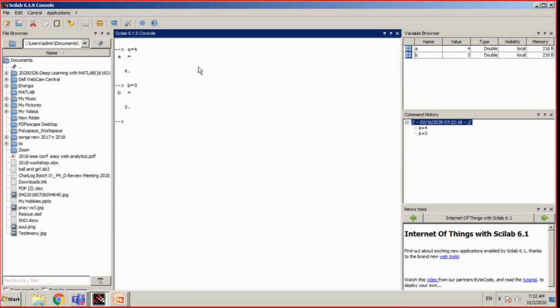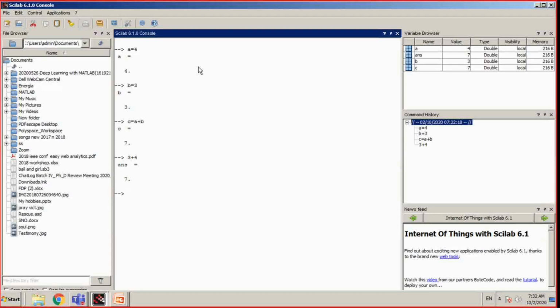Similarly, we can use the arithmetic operators over there. So I am typing c is equal to a plus b. Using the arithmetic operator plus, I get the value of c. Similarly, here Scilab can also be used as a calculator. Directly you can type 3 plus 4, it fetches you the value as 7.